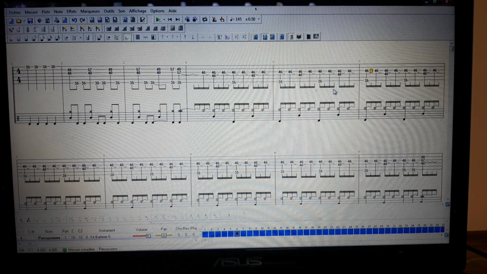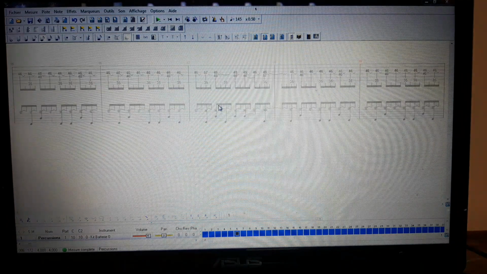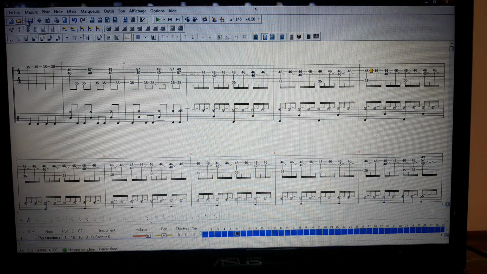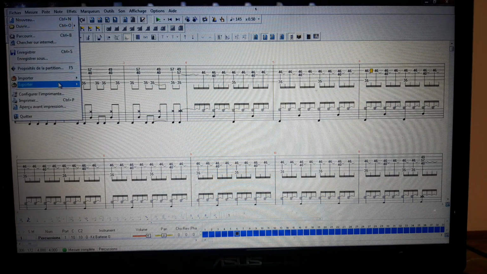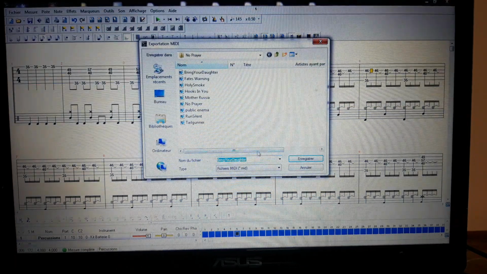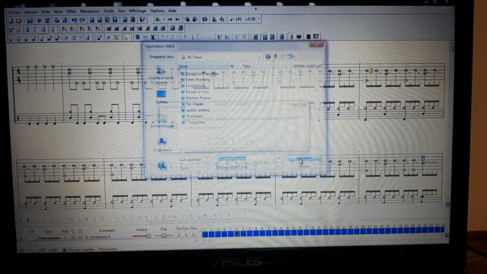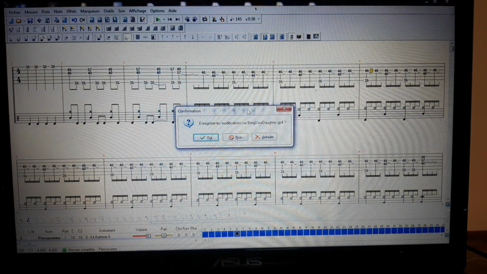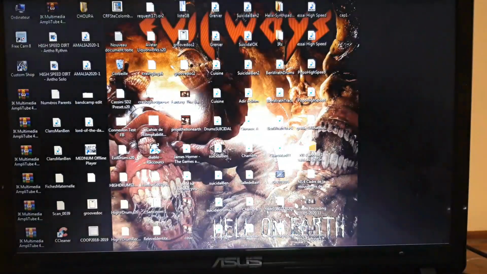As you can hear, it sounds very cheap, very MIDI, but it doesn't matter. What I do once I've finished programming the drums is export the file into a MIDI file. Bring Your Daughter, save, and then I open this MIDI file